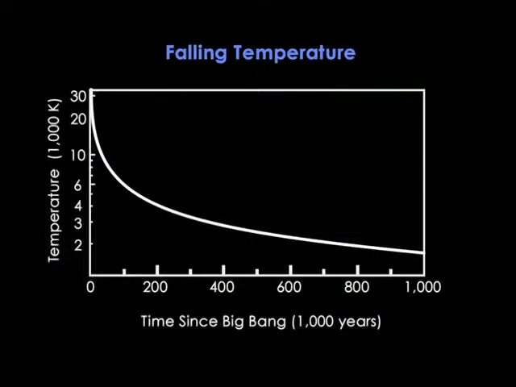Let's be slightly more quantitative. If we double the cosmic size, the wavelength of all photons also doubles, and so the wavelength of the peak of the thermal spectrum doubles, and this corresponds to half the original temperature. So we have a very important relation. The cosmic temperature is inversely proportional to S, the scale factor. And it's this relation that gave our graph of cosmic temperature across the first 1,000,000 years.